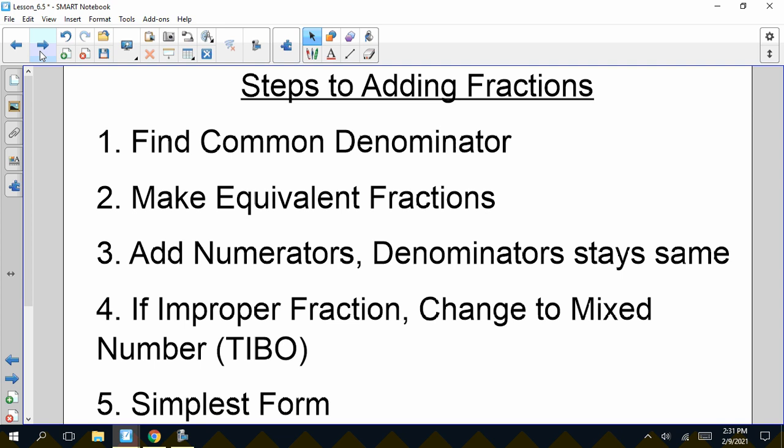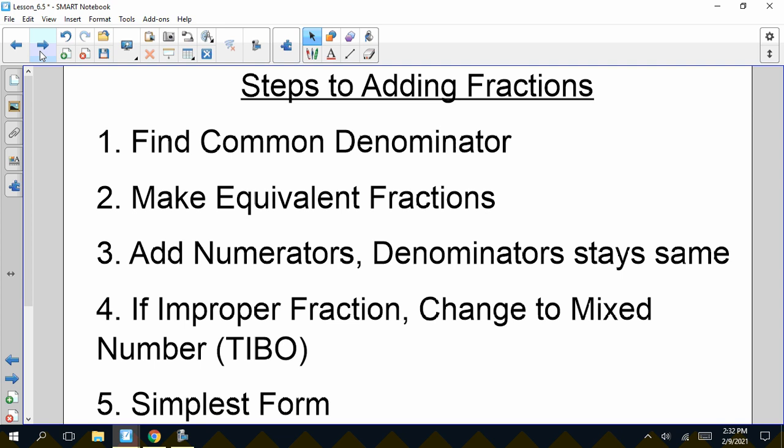And then, step 2, we're going to make equivalent fractions with those common denominators. So what we're going to ask ourselves is, what did we multiply our denominators by to get that common denominator? And our saying is, whatever we do to the bottom, you have to do to the top. Step 3, just like you did for subtraction, we're going to add the numerators, and then we're going to leave